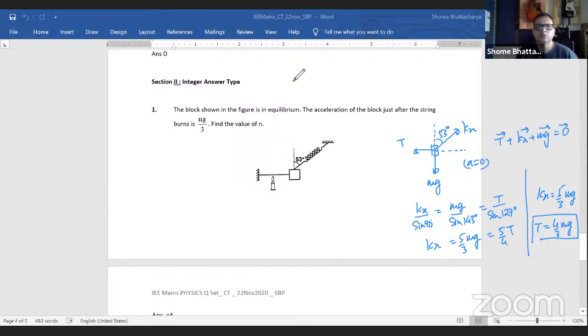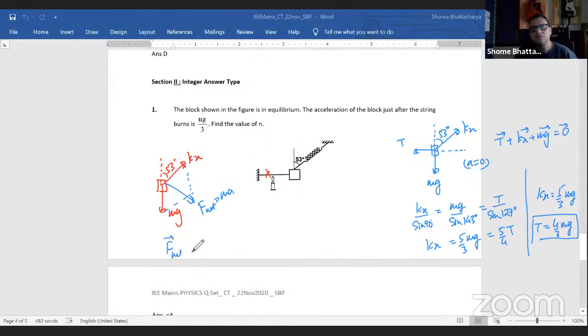Now, the moment you burn this thread here, what happens is that at that particular instant, this kx remains the same as it was over here at the same angle, and mg remains the same, but that tension suddenly becomes 0. Okay. So now there is a net force acting on it, which is the vector sum of these two. So this net force should become equal to mass into acceleration. So this net force is the vector sum of kx plus mg, and that is equal to mass into acceleration. And we have to find the magnitude of the acceleration. So if you compare this equation now with this equation,